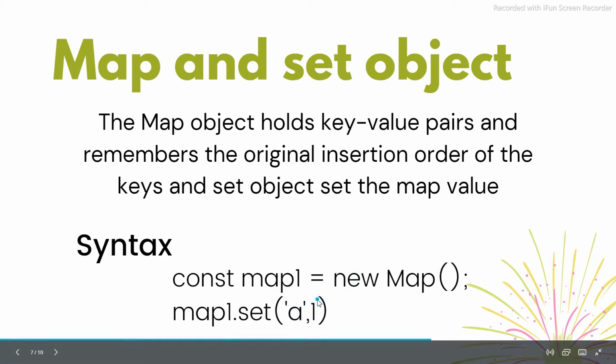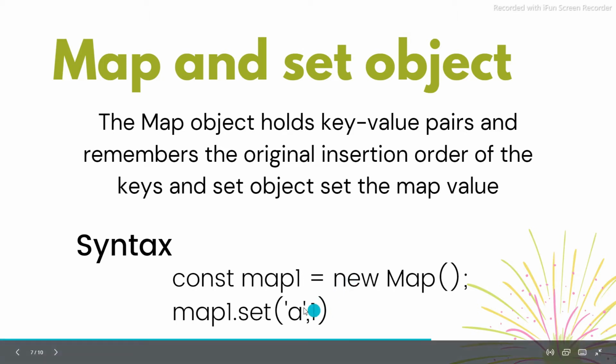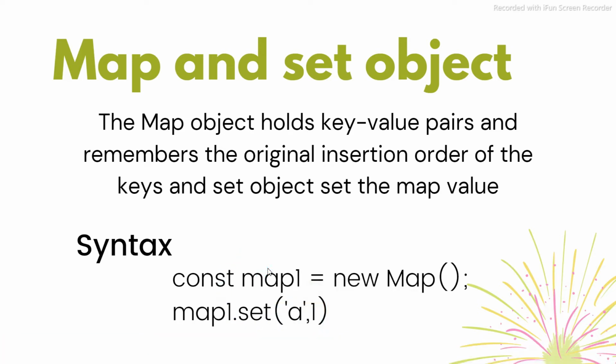As we have discussed previously, whenever we create any object it has two things: one is a property and another is a value. Here we are adding the property and its value, and this is the key-value pair which we are adding into map1. We have successfully created an object with a property of a and value of 1, and this is how we create map objects as well as the properties inside.